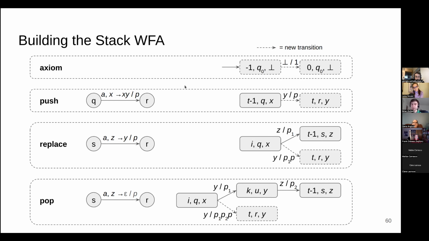The next is the push rule, which works by growing the stack by adding a single edge. And again, it's pretty clear that that qualifies as a very simple push computation, just one transition long. Next, we have the replace rule, which works by looking at some existing edge in the graph and adding a new edge with the replacement symbol and the updated weight. And finally, we have the pop rule, which is the most complex, and it works by looking 2 symbols down the stack. It creates a new transition with the top symbol removed, but with the symbol underneath it preserved with an updated weight.